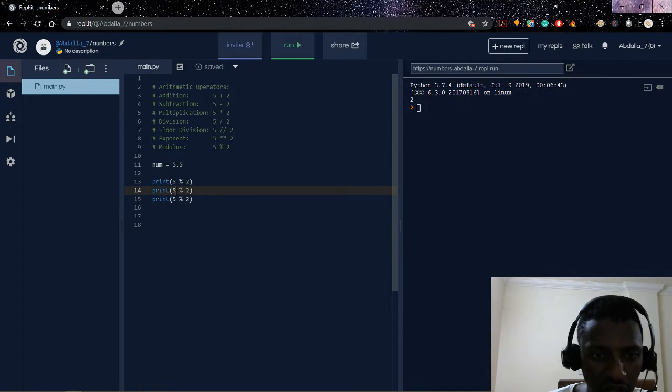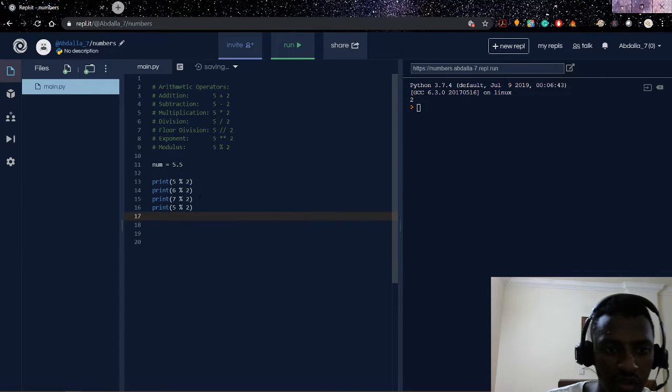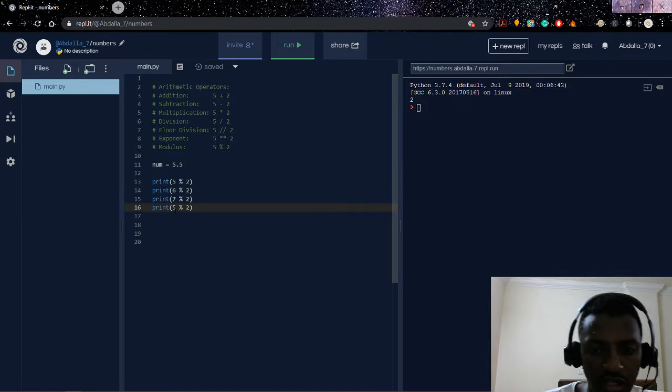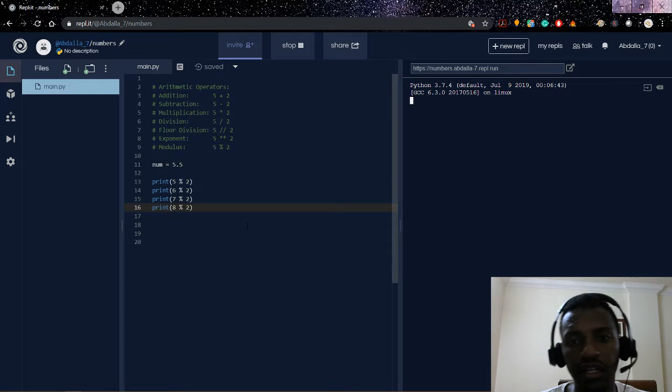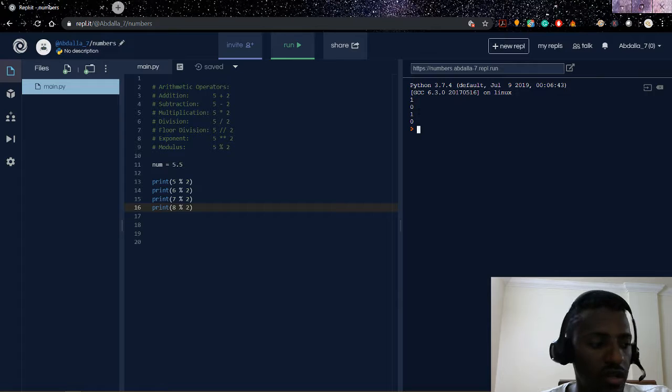And then let me change this into 6, and then I will change this into 7, and I will paste it one more time here, and I will change this into 8. And if I run that, you can see that I get 10110,